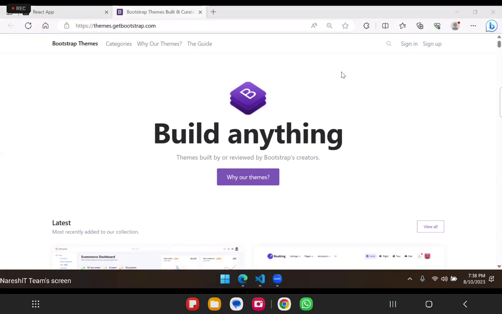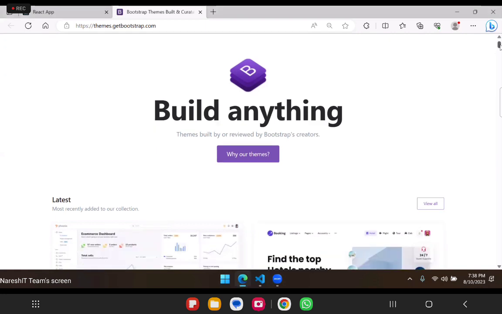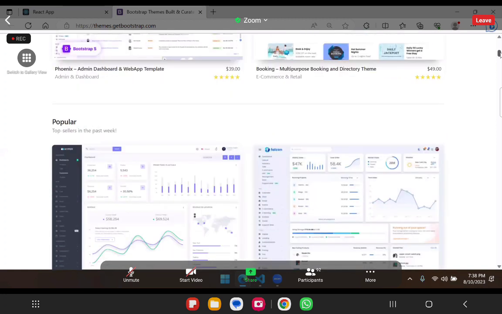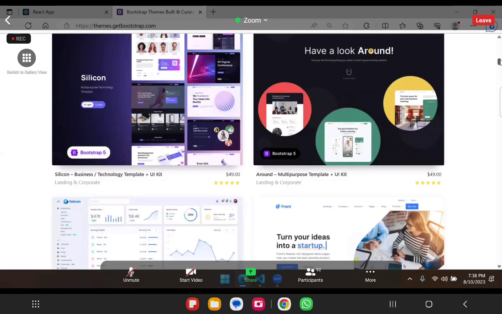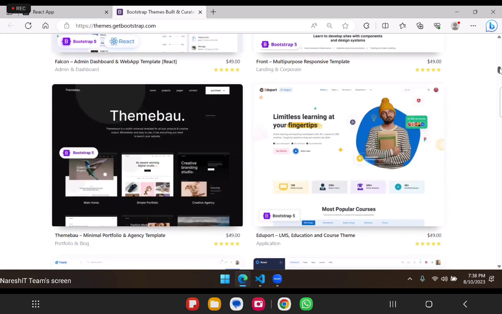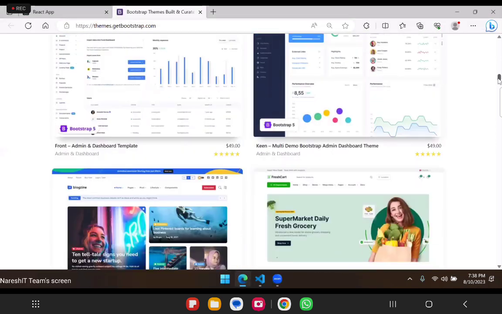Right. So here you can see the themes. We have some themes available here. There are website themes. This is for your design ideas. These are all sample template themes. You can select one theme. You can implement that to practice your components related knowledge. Right? These are all different themes we are having